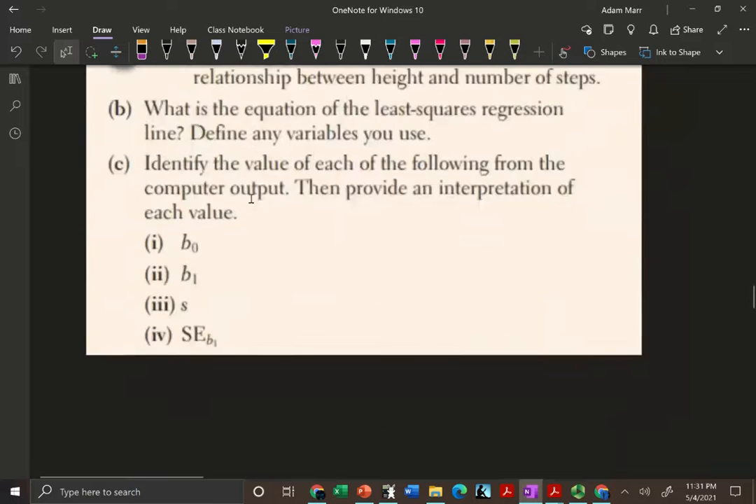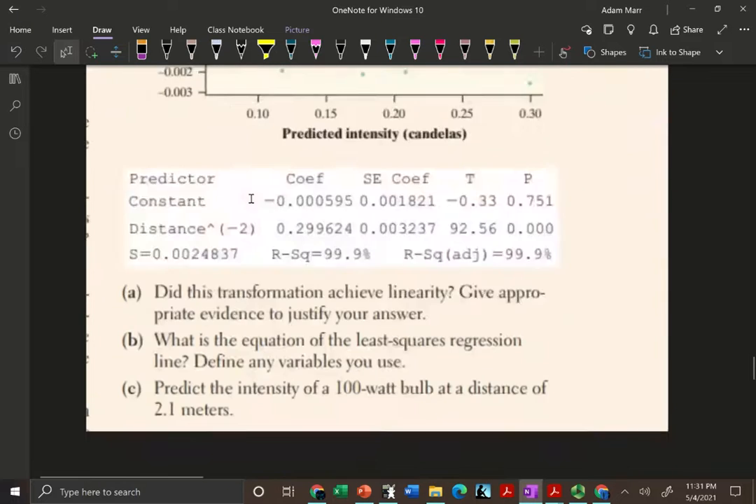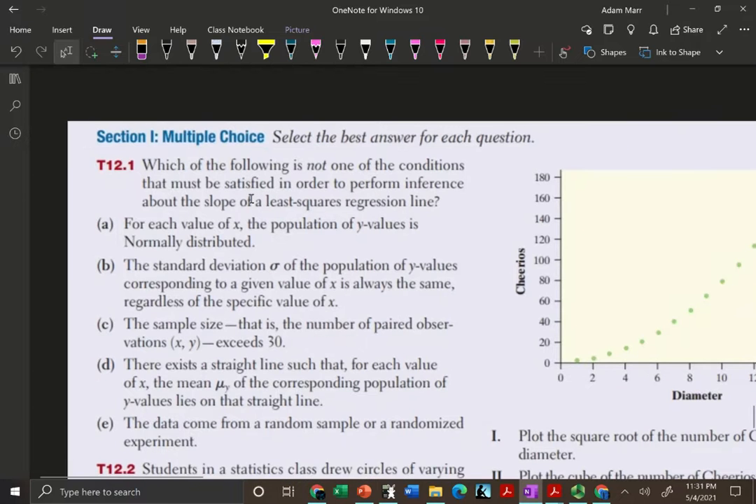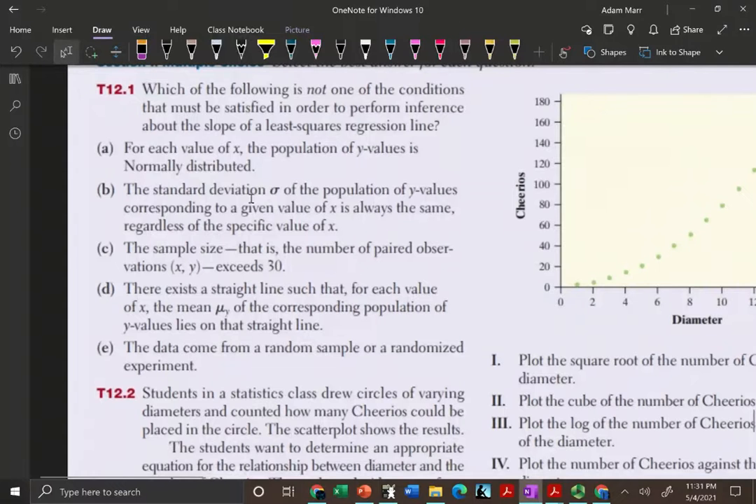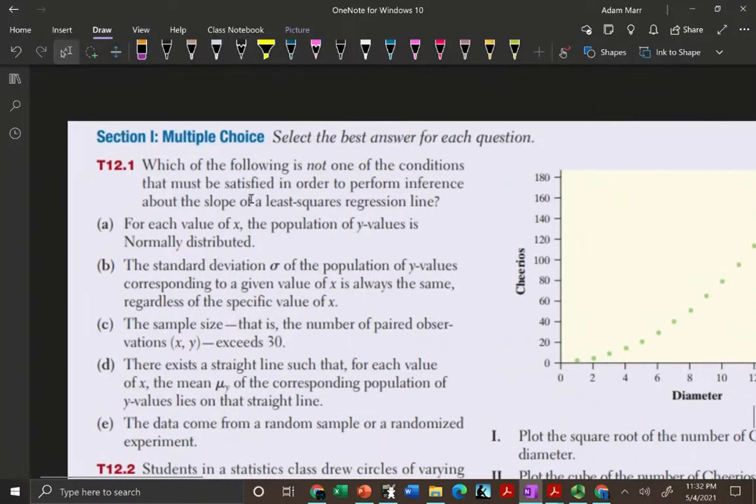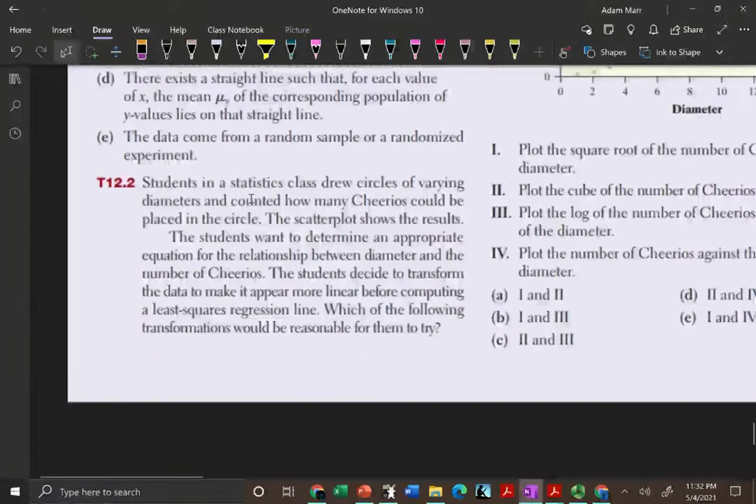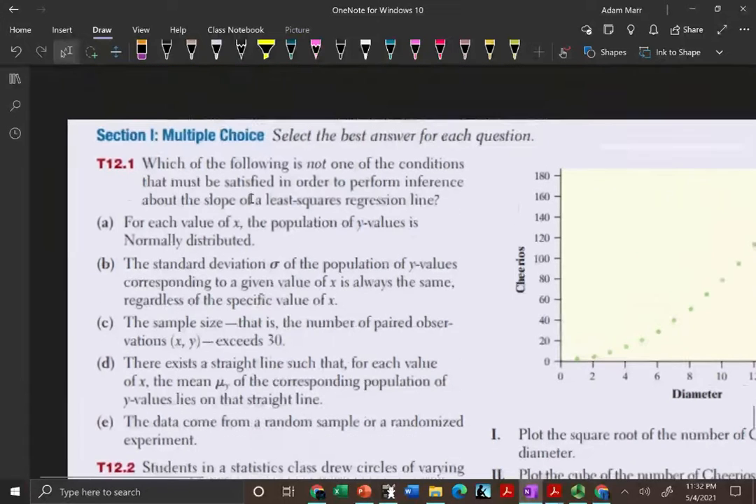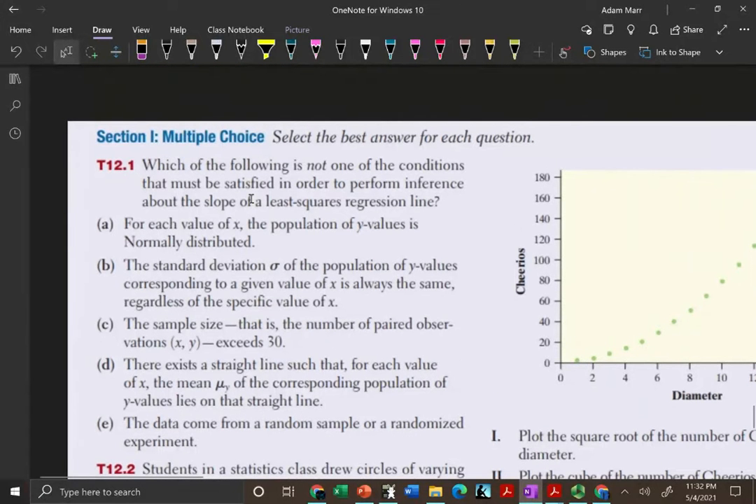Okay, right here. This is one of the review problems right here. And these are some of the open-ended problems right here. I think maybe we'll just kind of start to talk about, we'll finish the multiple choice up, and then tomorrow we can talk about some of the other multiple choice, the